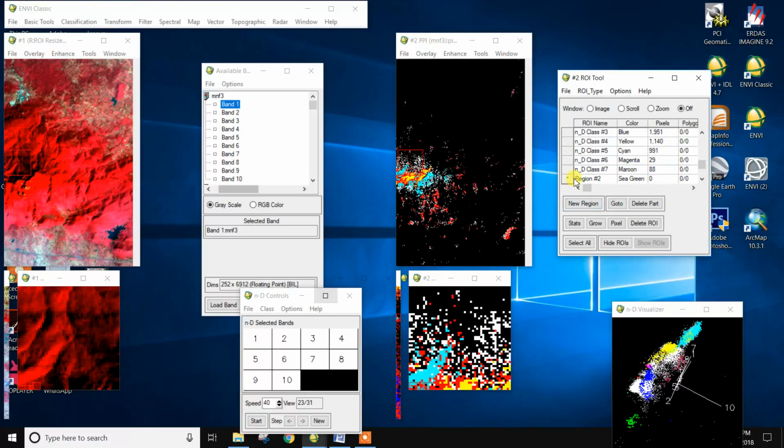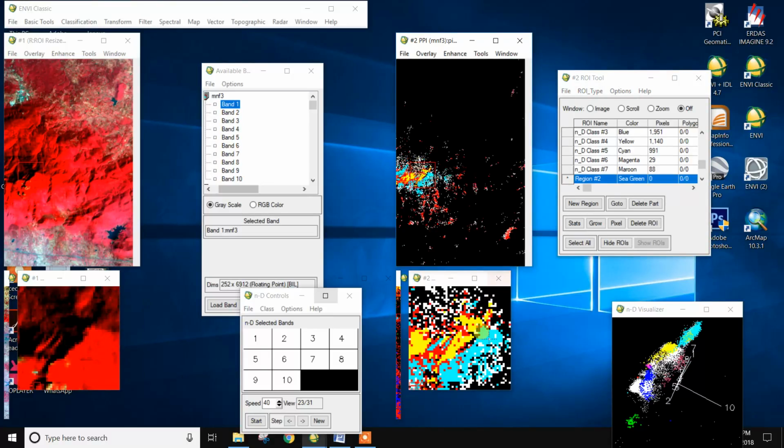New region, and there is the cyan, the pure pixel. So right click.